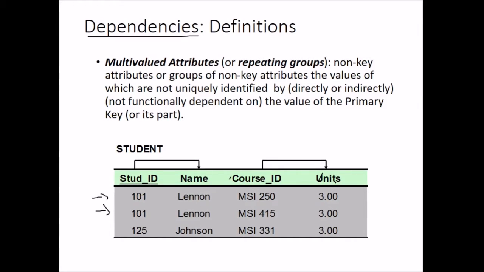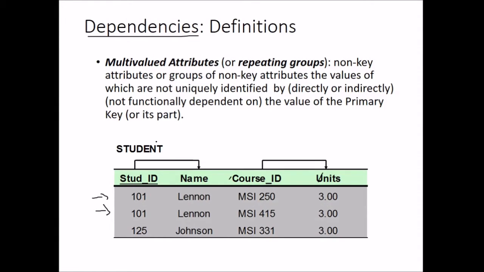So all these three combined, we can say that these are non-key attributes, non-key attributes or group of non-key attributes, the values of which are not uniquely identified, directly or indirectly, or not functionally dependent on the value of the primary key